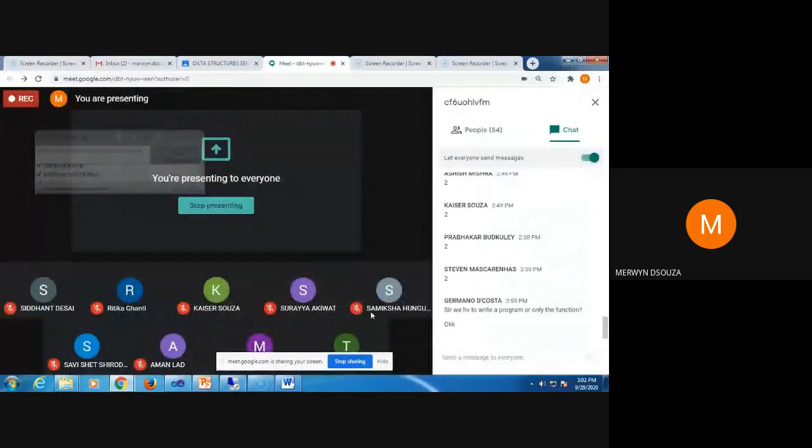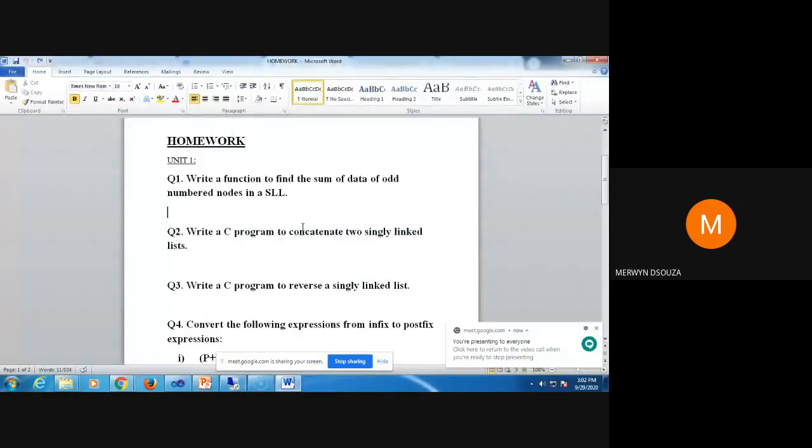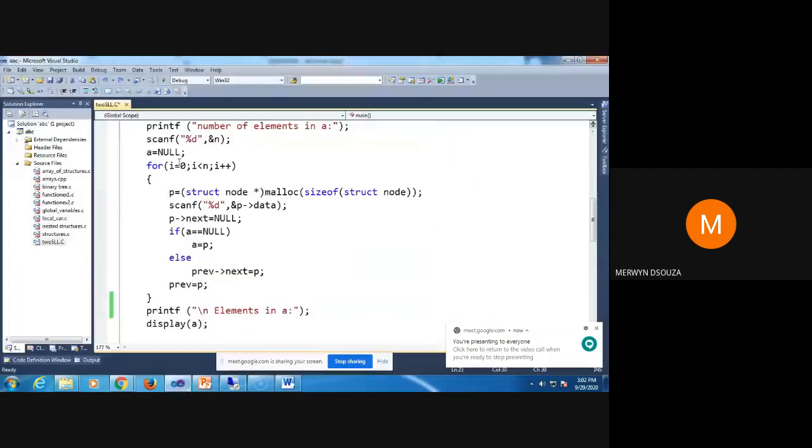So basically what I'm doing, because I want to concatenate two singly linked lists, before I merge these two singly linked lists, I need to have two singly linked lists with me as input. So I'm creating those two singly linked lists here using this code. So I'll explain it to you quickly how to do it.